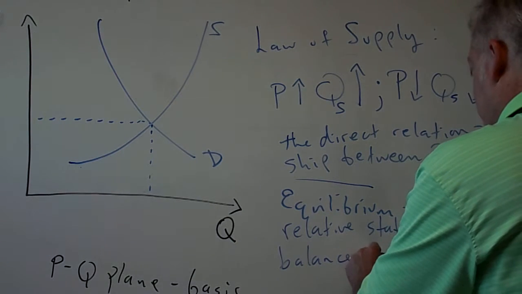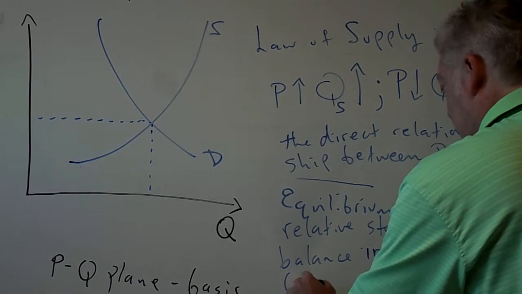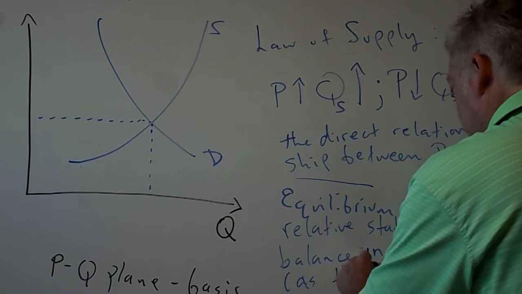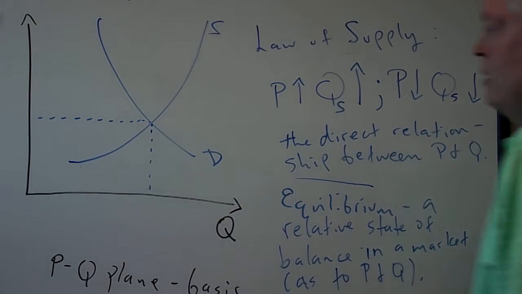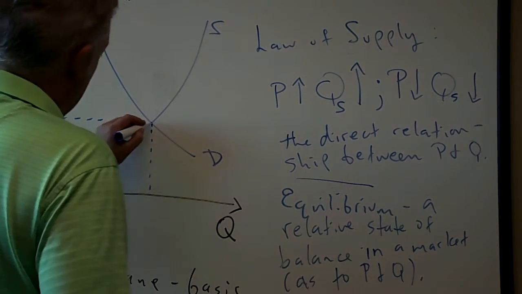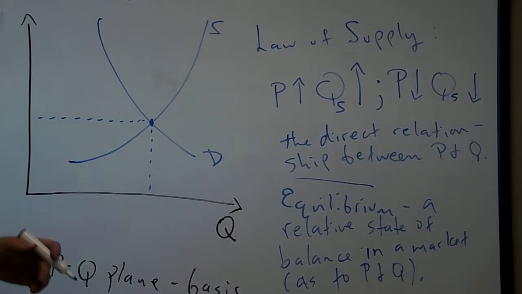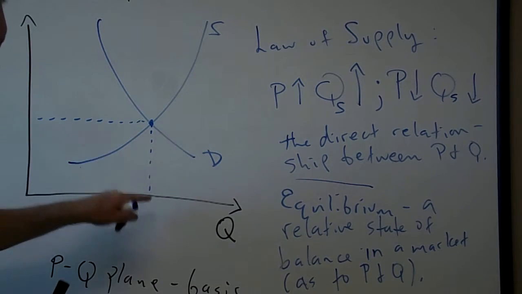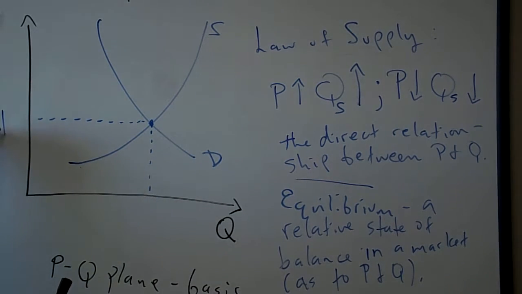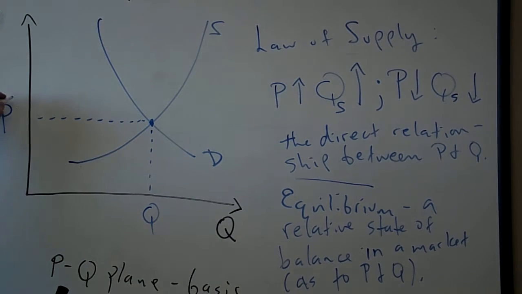So it's a relative state of balance in a market, and I should qualify that: in a market as to price and quantity. So if we were to take that point of equilibrium, right here at the intersection of demand and supply, where the needs and wants of buyers correspond with the needs and wants of sellers, both in terms of price and in terms of quantity,